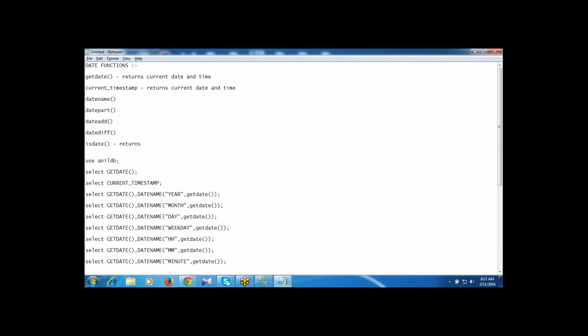The is date function returns the boolean values, that is true and false. Date diff function returns the number of months, number of years, number of days in between the given dates.